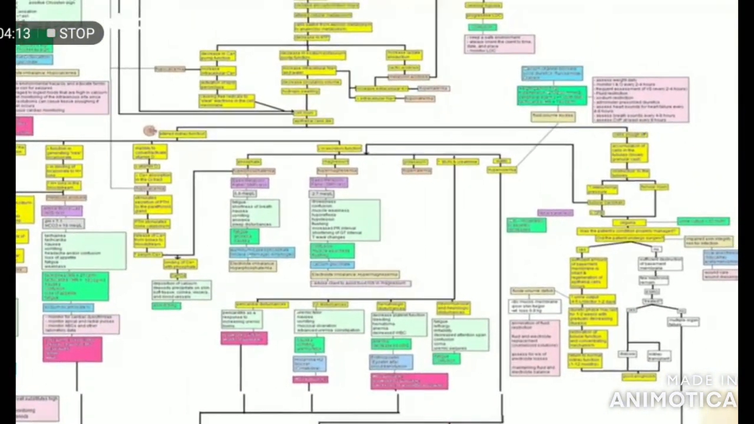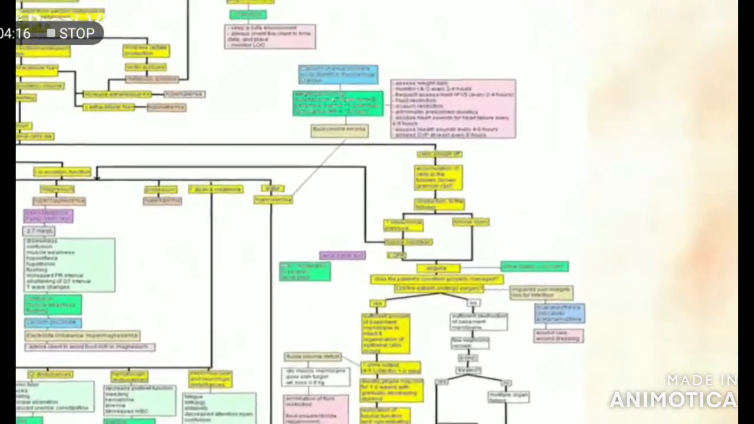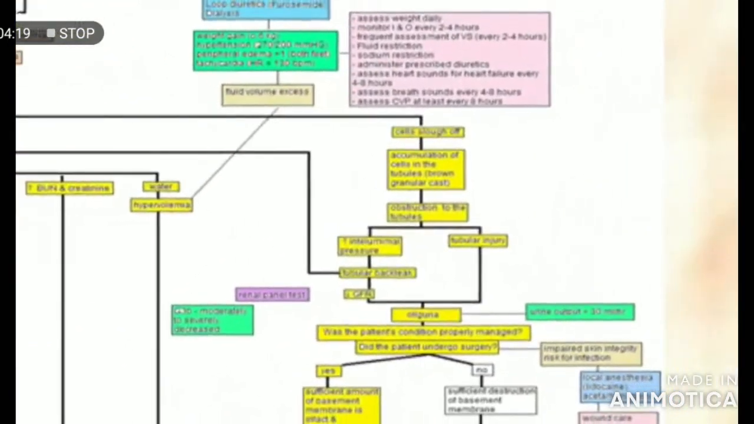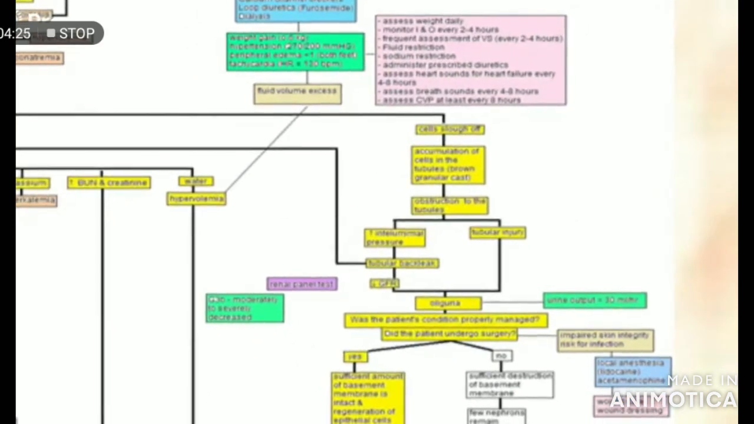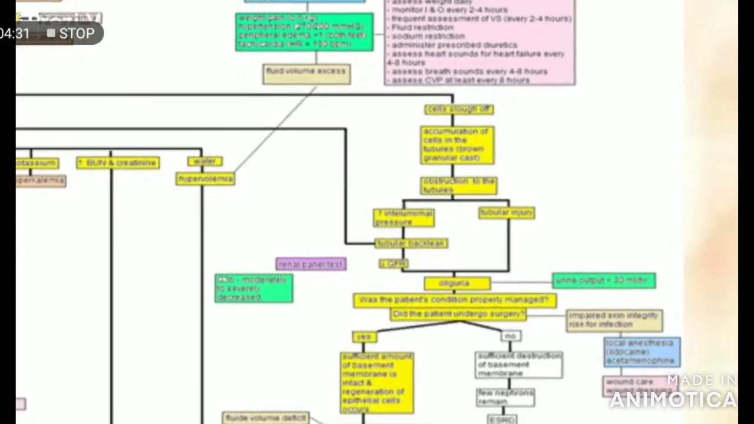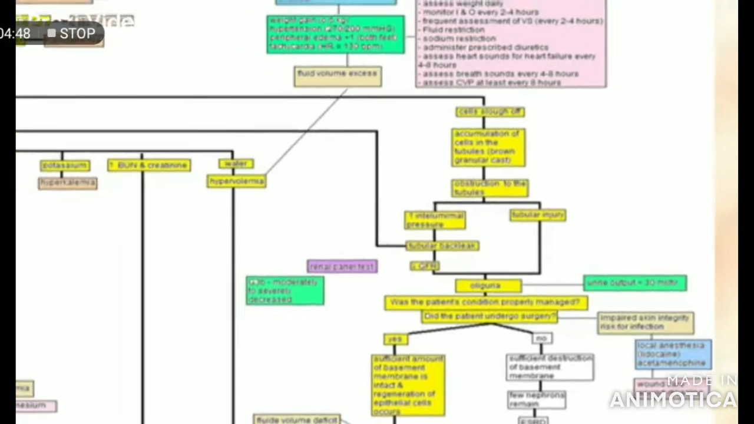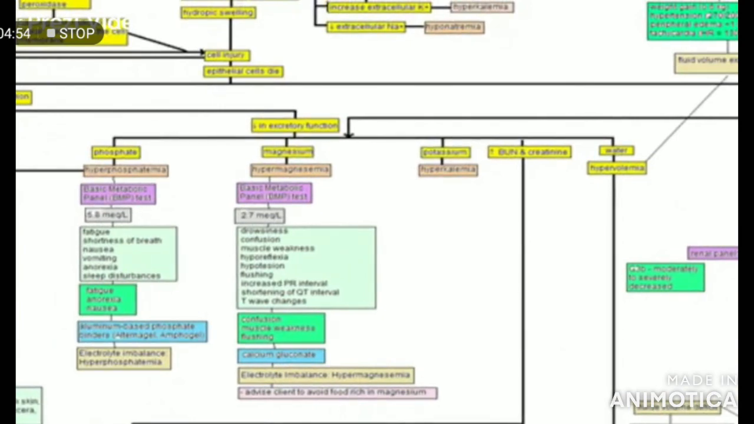Another effect of dying of the epithelial cells is that cells slough off. And then there is accumulation of cells in the tubules, which are brown granular cast. Then there is an obstruction to the tubules, which will result to an increased intraluminal pressure and tubular injury. For increased intraluminal pressure, it will result to a tubular back leak. So if tubular back leak happens, this will result in the